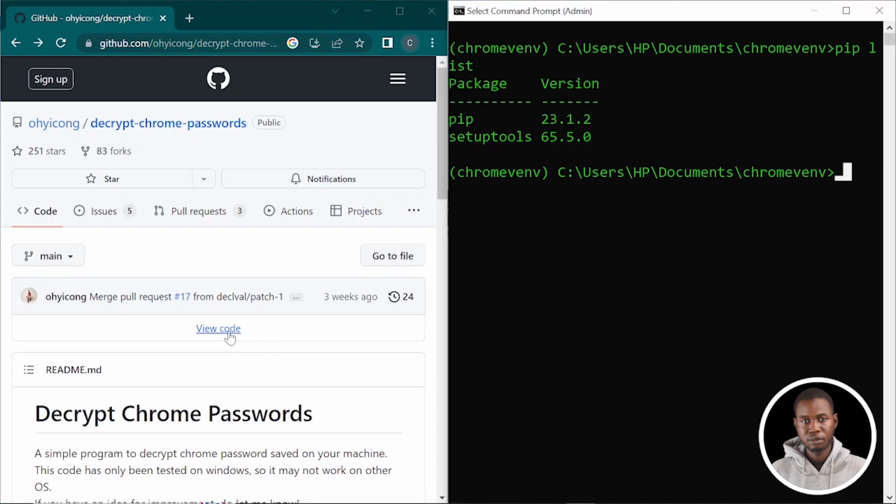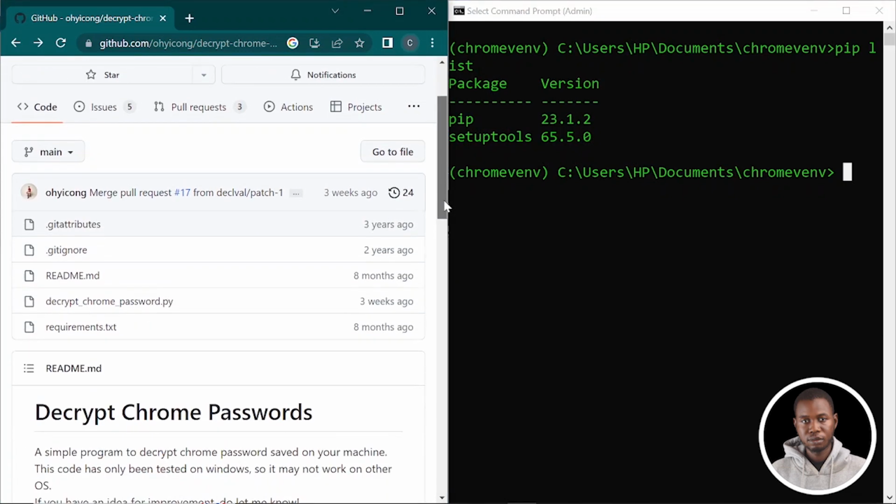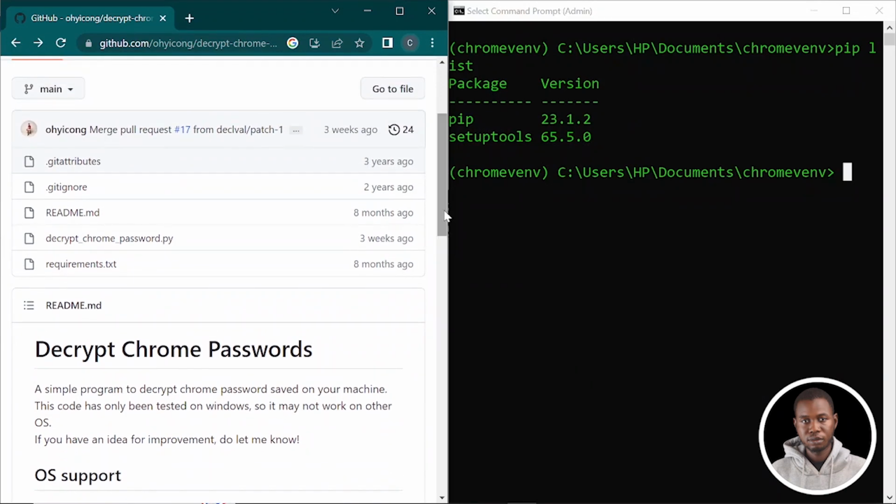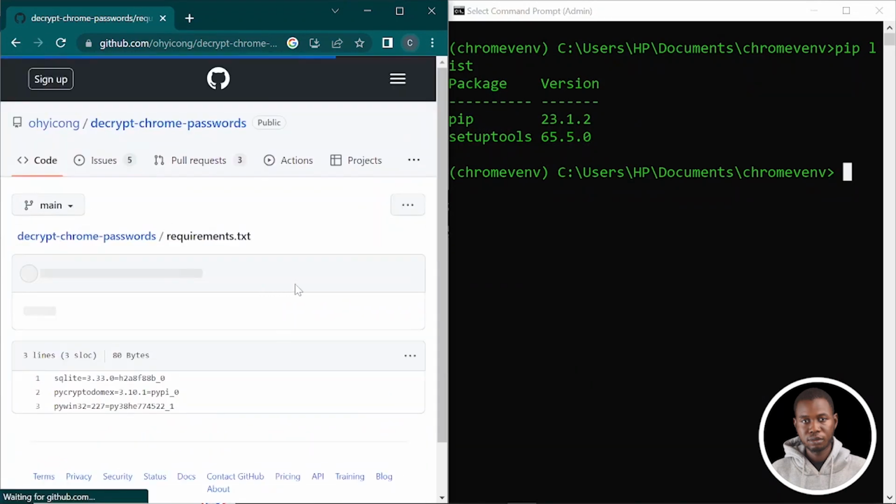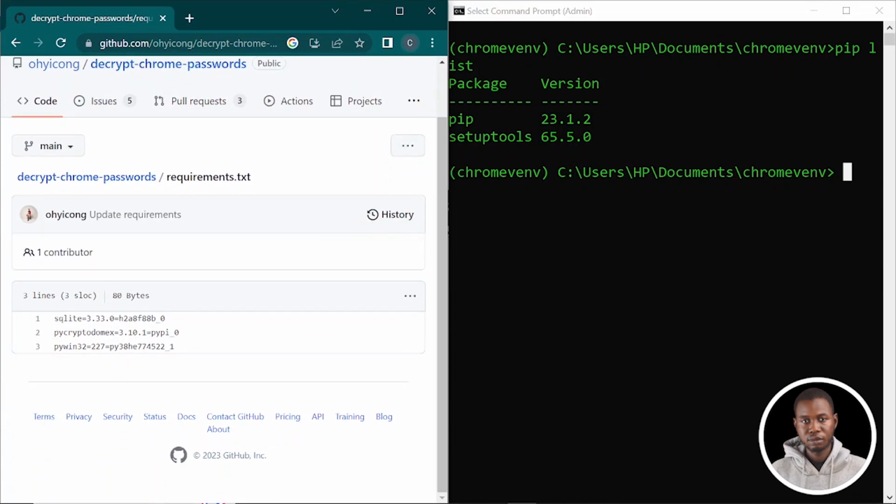Let's click on view code. This will give us the list of all the files we have in this repository. We're going after the requirements.txt. This is the list of all the dependencies that the program would need to run. The first is SQLite, we have PyCryptodomex, and we have PyWin32. Fortunately for us, SQLite is already built into Python, so we don't need to install it. We'll be moving into installing the